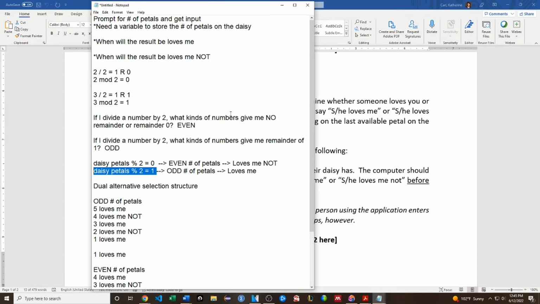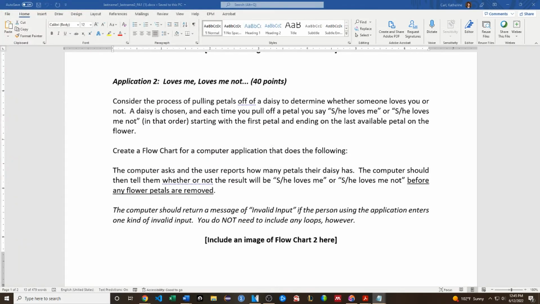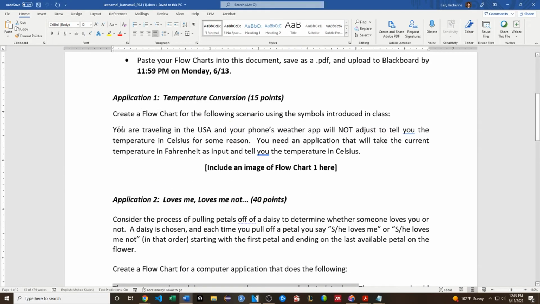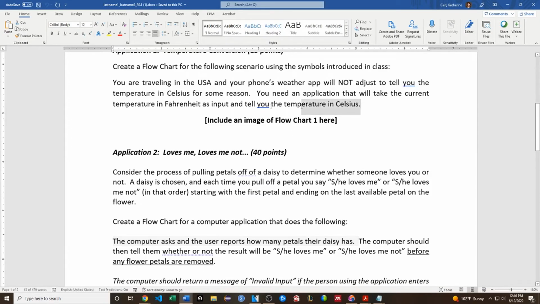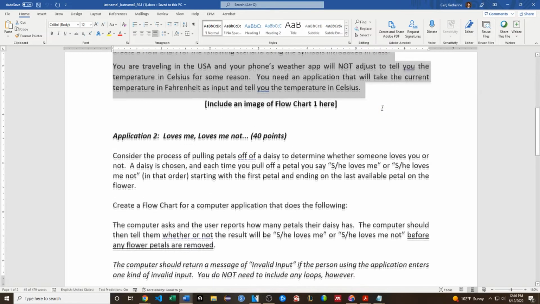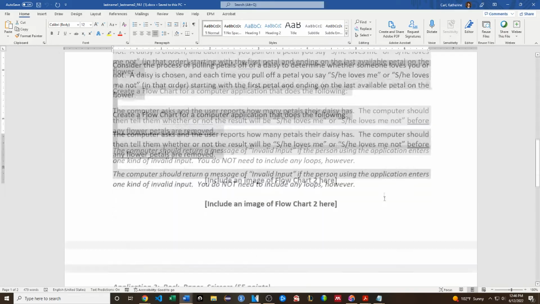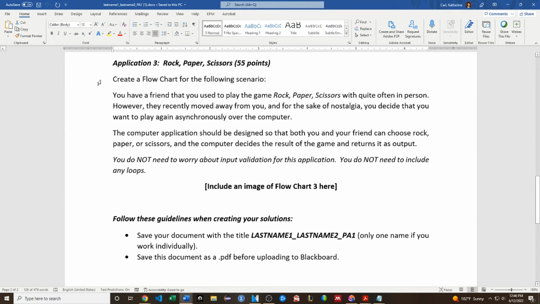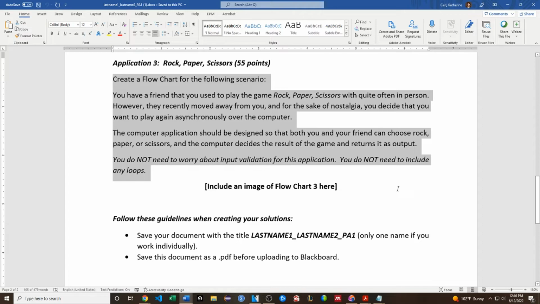All right, yeah, I don't think I'll go through... The only thing I'll say about the first one is if you don't have a formula for converting Fahrenheit to Celsius, just go Google that. Just look it up. And once you get that formula, you should be able to figure that one out. This is similar to the compound interest problem, because it's just basic computation. This one's similar to the donut problem, and then this one's actually similar to, what was the case example that I gave? It was,